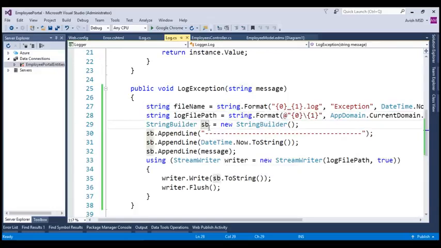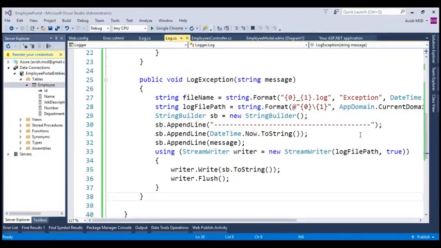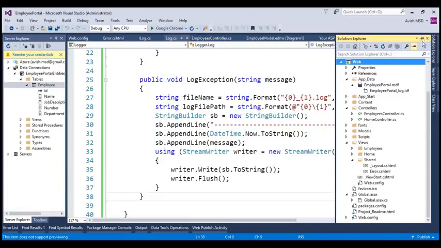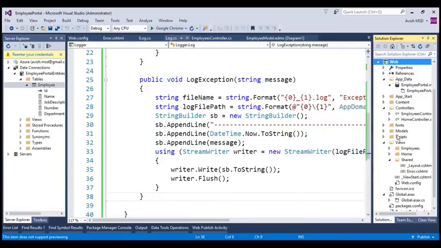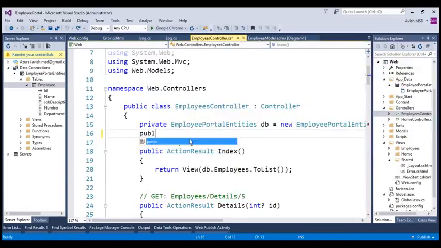Now, it's not mandatory that we need to log exceptions to an external file. We can also log the exceptions to a database table or to an event source or to any other external sources. For our convenience, we have chosen to log the exceptions to a flat file. Let's switch to the employee controller and handle the potential exceptions that may arise in the create and update and other CRUD operations. Let's create a public employee controller constructor,